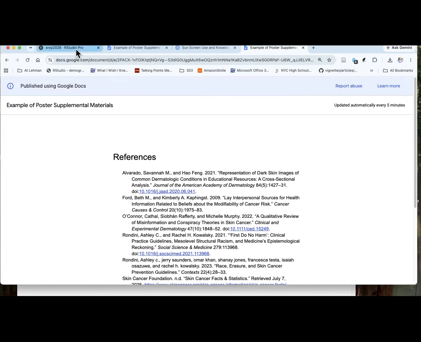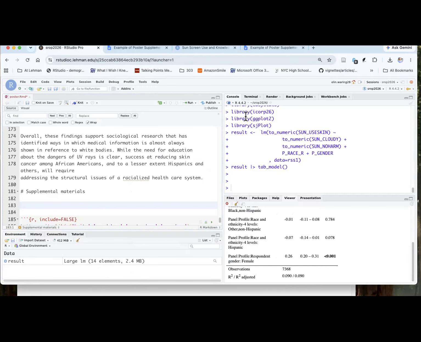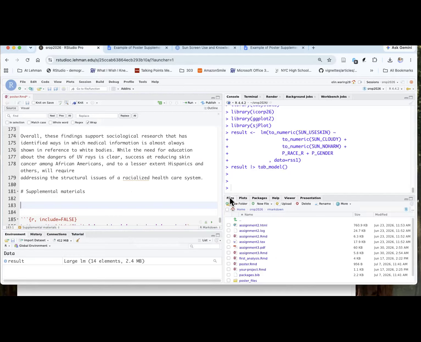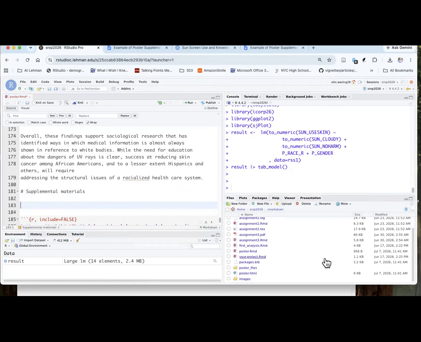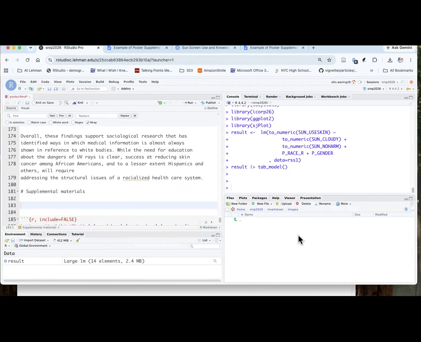So now I'm going to go back over to RStudio and I'm actually going to create a folder here called images, just because it's a way to keep your work organized. So here I'm going to call it images. This will be for any images that relate to any of our markdown file. And here's images. And now I'm going to go ahead and upload